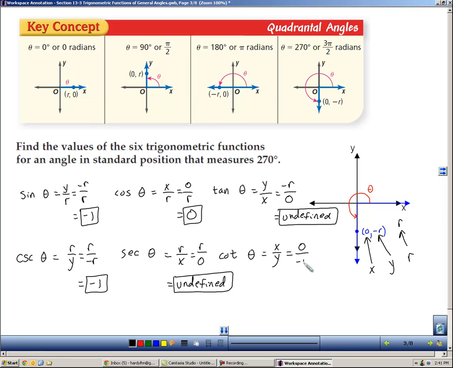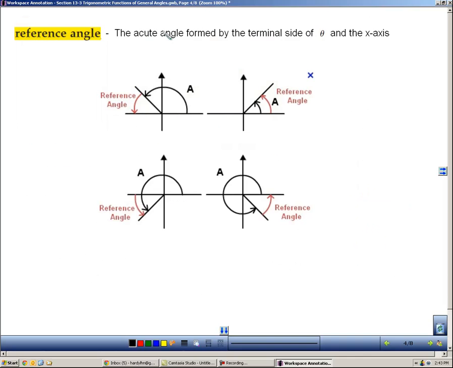Cotangent is 0 over negative r. So the cotangent of a 270-degree angle is 0. Here we will introduce something called a reference angle. That's the acute angle, an angle less than 90 degrees, that's formed by the terminal side of theta and the